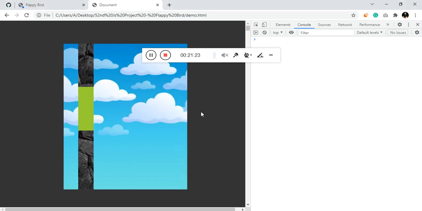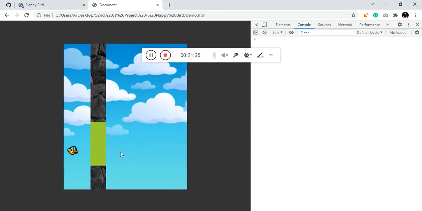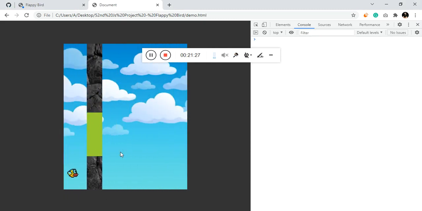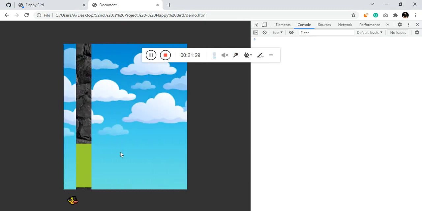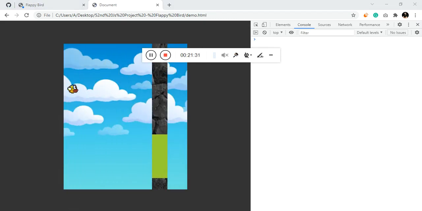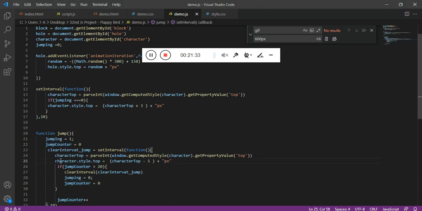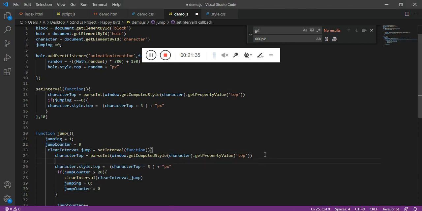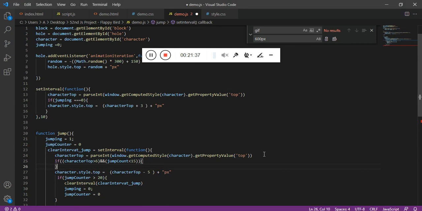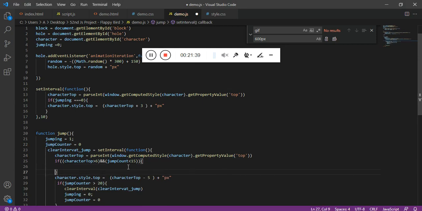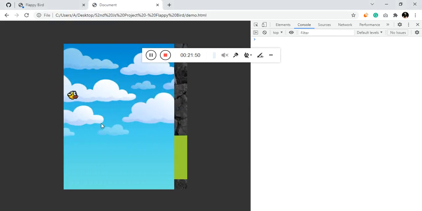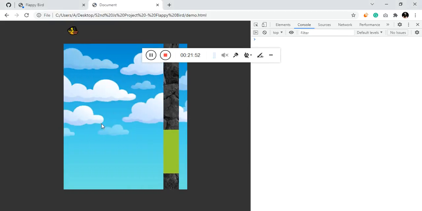And one more thing, when I jump, I want it to stay for 50 milliseconds in the same place. So for that, while decrementing this by 5, we have to add an if statement saying that, now if you see, I don't want the bird to jump above